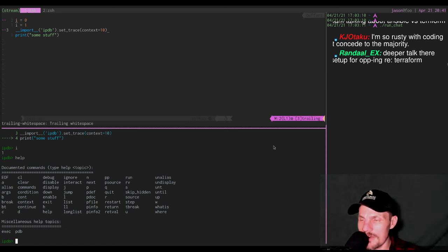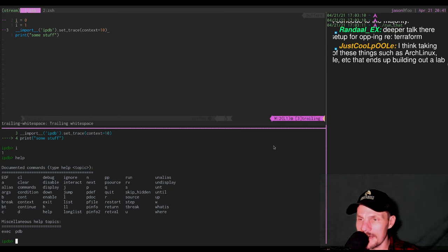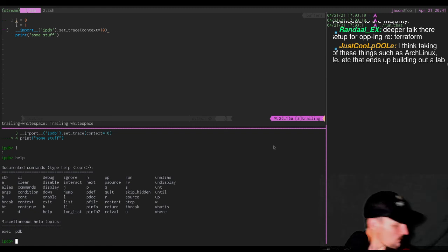All right, so I got a lot of votes for Ansible. I did, however, commit to each of these things. Arch Linux that ends up building out a lab. Totally, yep, I hear you. So here's what I'm gonna do. Because I committed to that Python script, next week I'm gonna code up the Python script that I used to